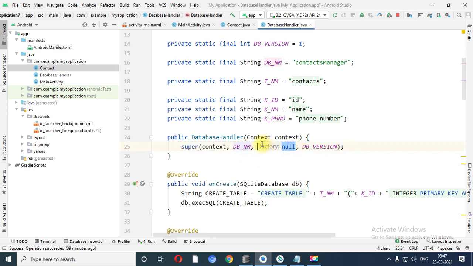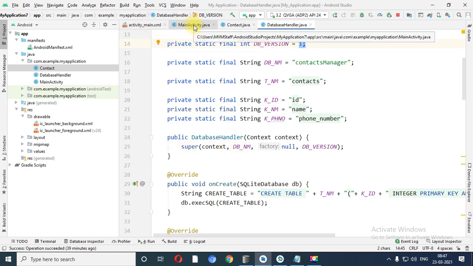Fourth argument, we passed it as null, and the last one is called db version. The database version is what? 1, because for the first time I have created the database contact manager. In future, when there is any change in the APK, at that time you can change the version of your application, right? So let me repeat this code once again, as this is a very important concept.